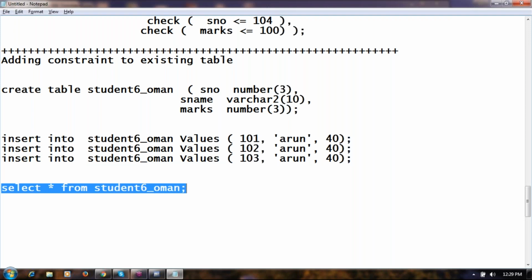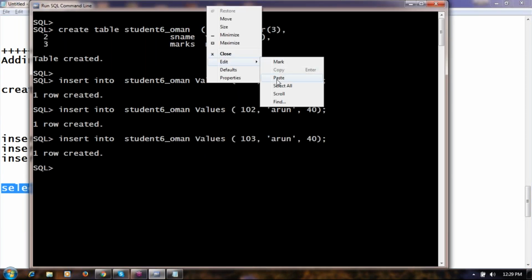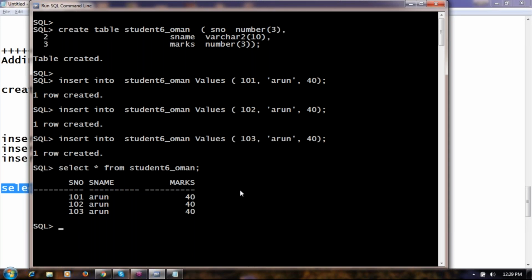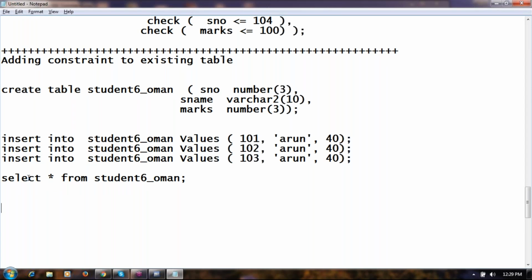Select star from the table name. Obviously, you get those 3 rows. Now I want to apply primary key on the S number column. So, how to apply constraint to an existing table? That is possible by using the alter command.